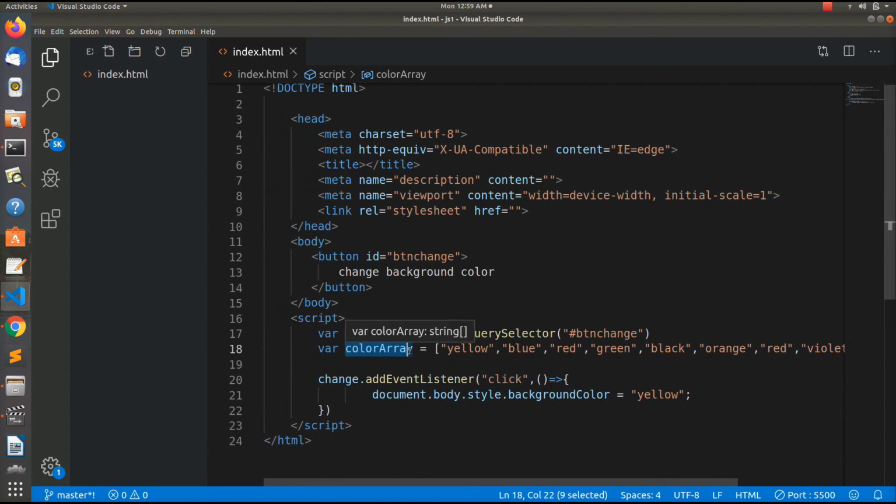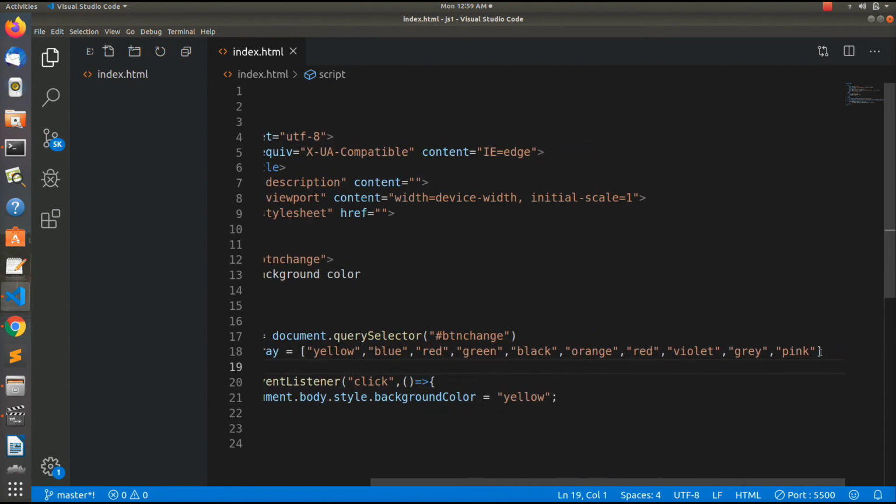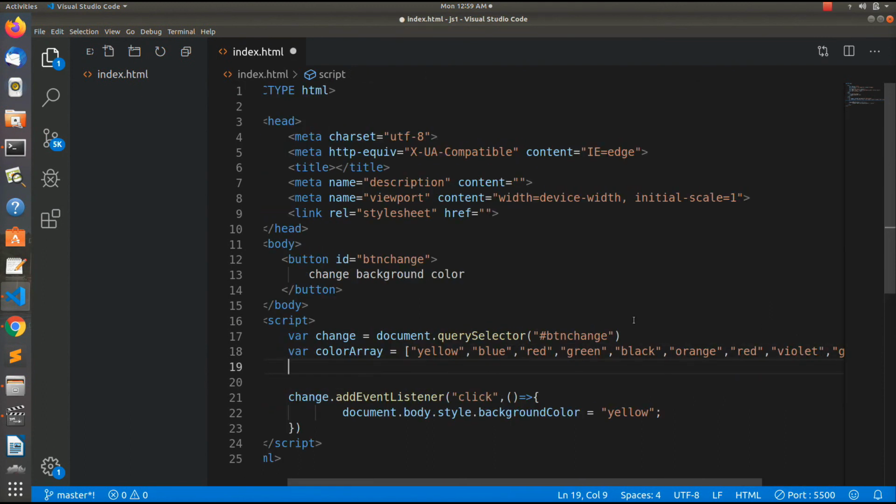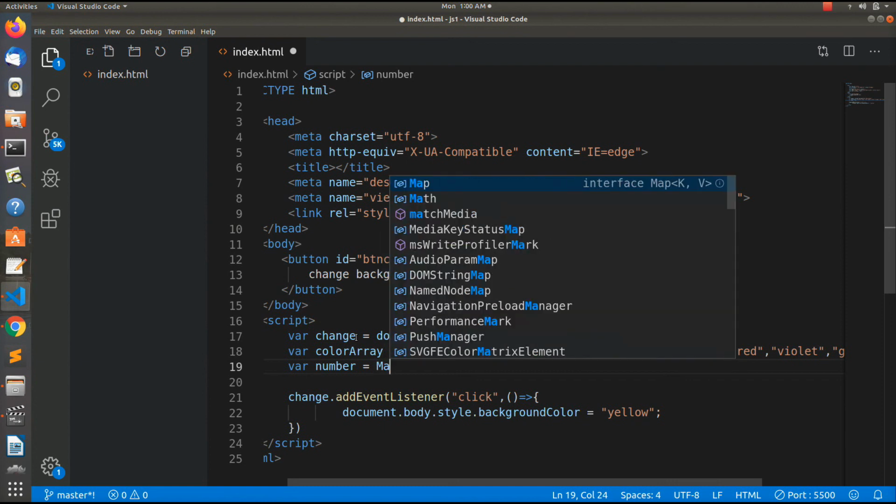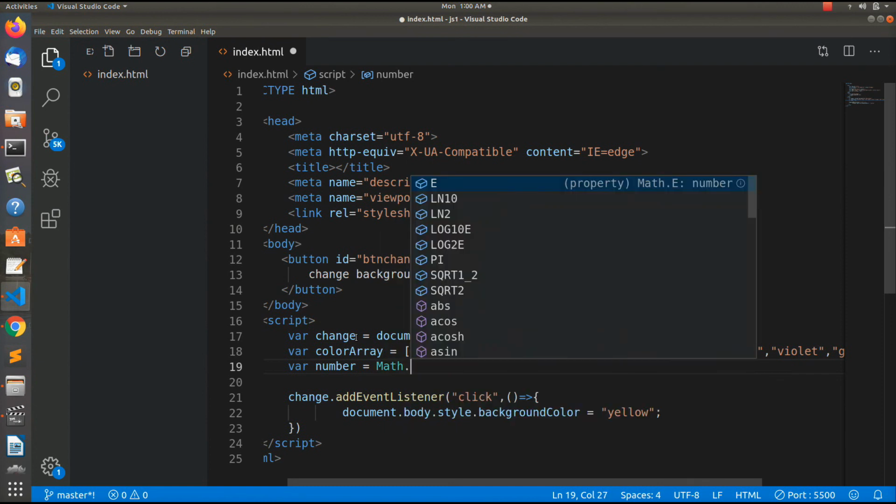Now we need to include a functionality that would select these colors one by one, and for that we are going to use the JavaScript random function. So let's declare a variable number here, and we want it to get a random number. For that we'll use JavaScript's Math.random function.